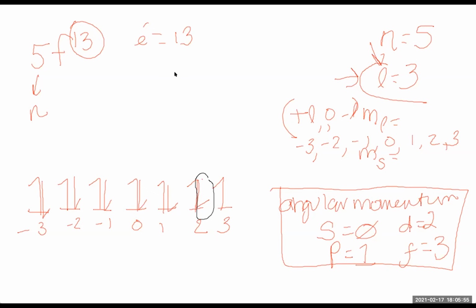So remember, if you have something that's facing downward, your M sub S, or your electron spin, is going to be -1/2. But if it's facing upward, it's going to be +1/2. So in this case, it's facing downward, so it's going to be,